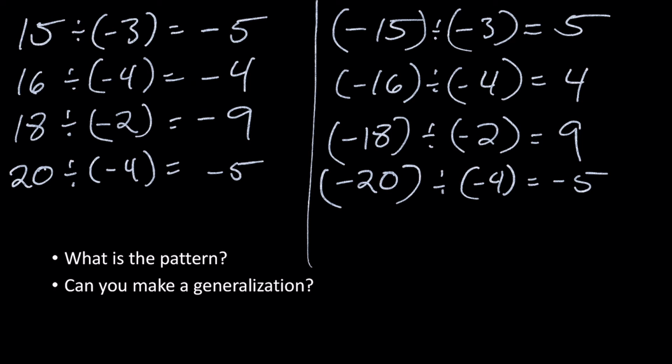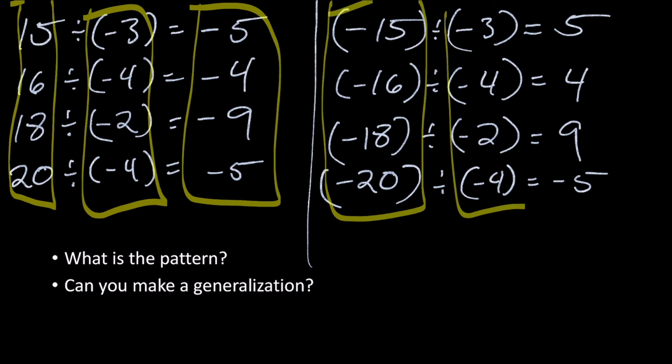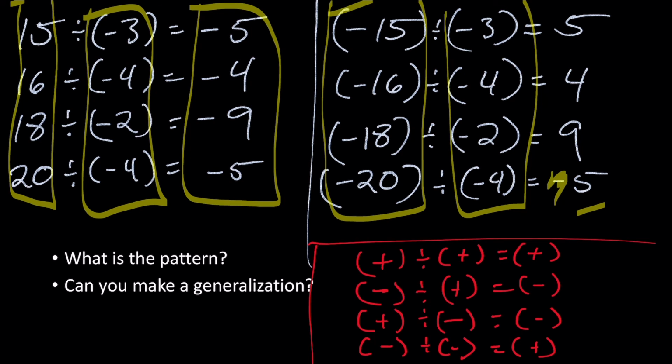All right, what patterns are you seeing here, and what generalization can you make? What rule can you make from this? So just pause the video and give it a quick think here. All right, so a pattern here is these are all positives, these are all negatives, and the answers are all negatives. These are all negatives, and these are all negatives, and the answers are all positive. Okay, so the generalization that I'm hoping that you're coming to here is 2 positives make a positive,